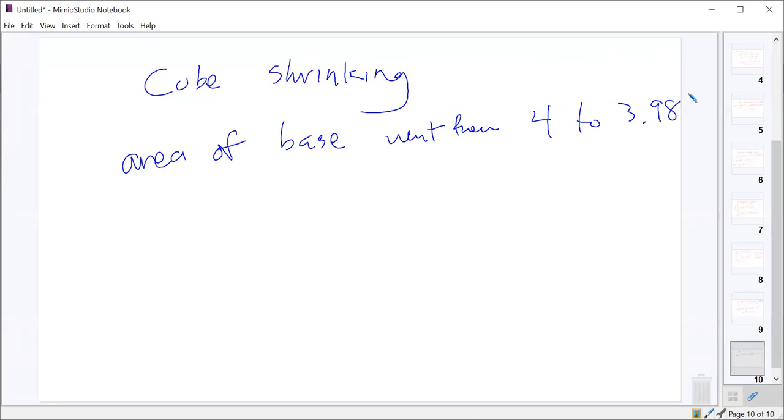This one was a related rate problem, but you had to do 2 different related rates, I think. I don't know. Let's do this. Let's say